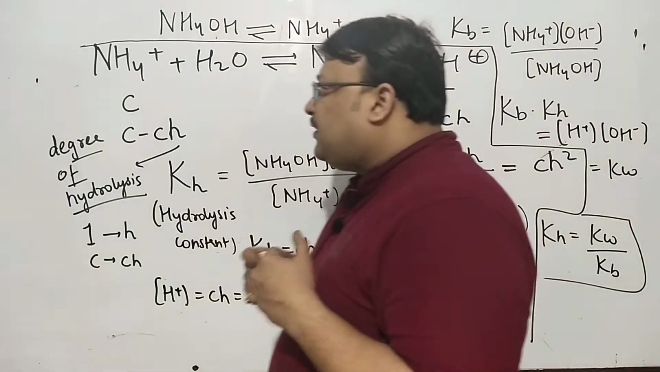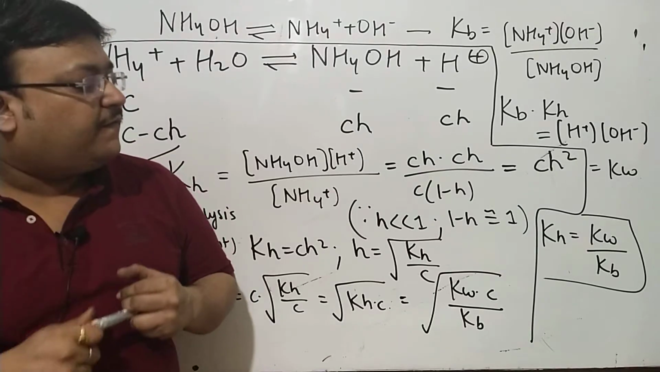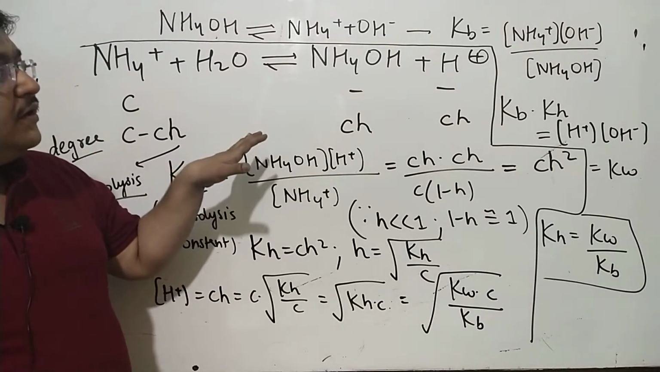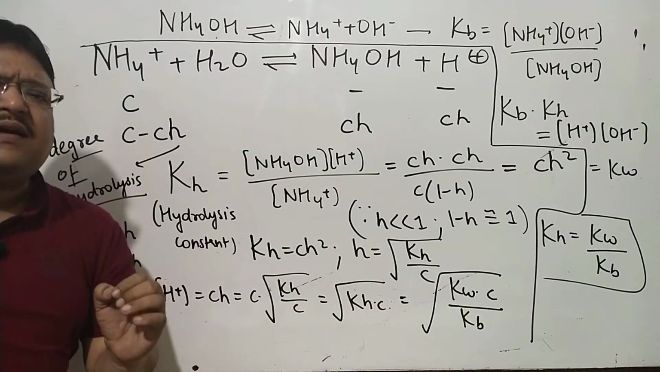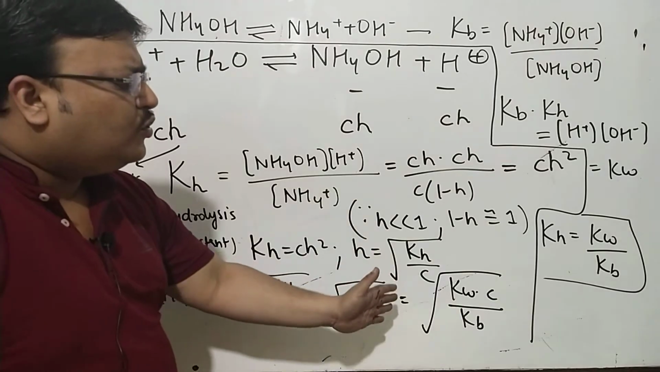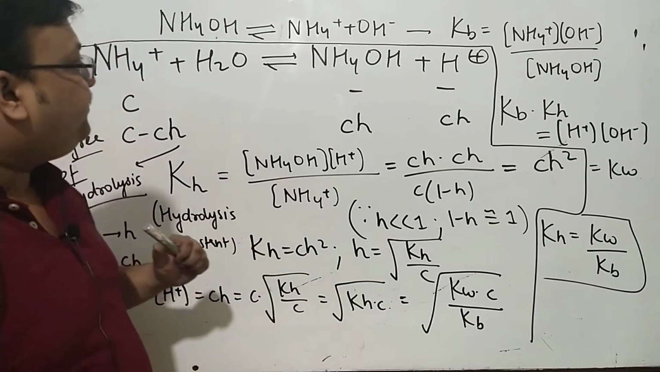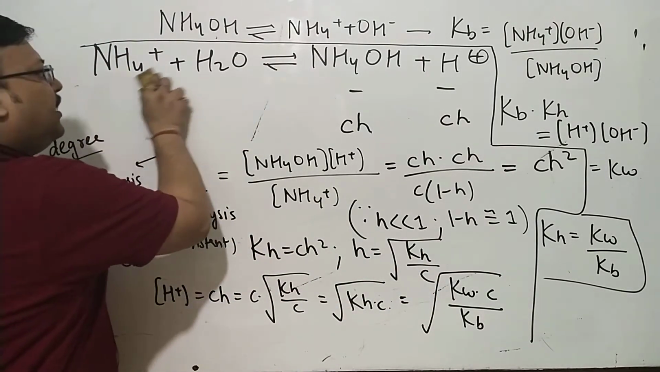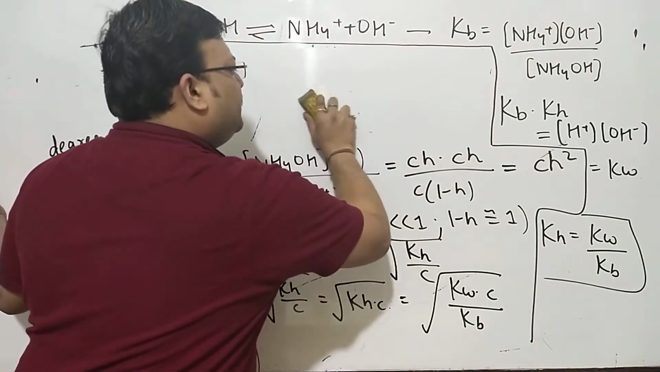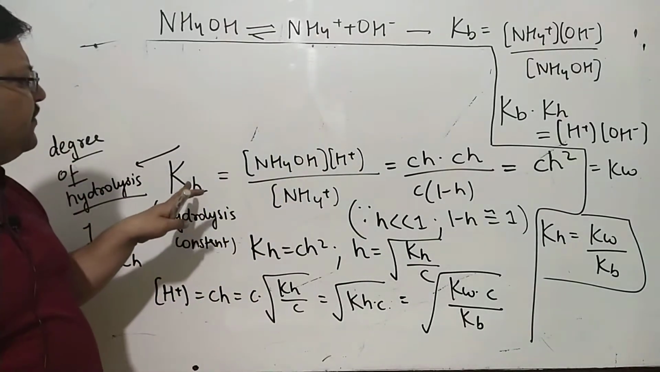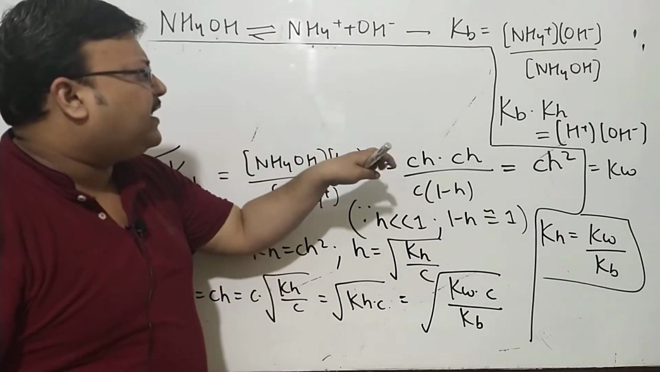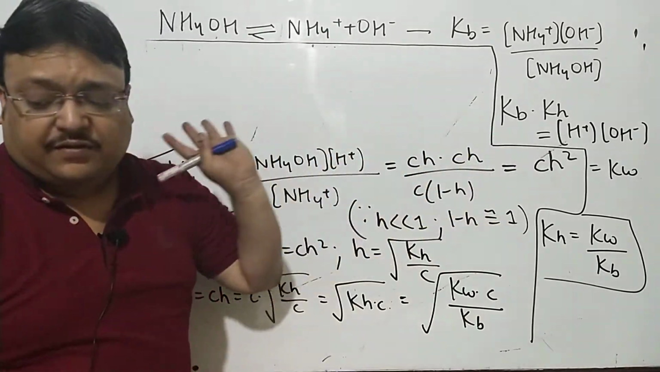And as I did tell you, finally, it's likely that we'll find the solution to have a pH slightly less than 7. Once we reach this point, H plus is equal to root Kw into C by Kb, and a couple of more steps. I think this is very comprehensive. Kh into Kb, ammonium cancelling out, ammonium hydroxide cancelling out, you are left with H plus OH minus, which is